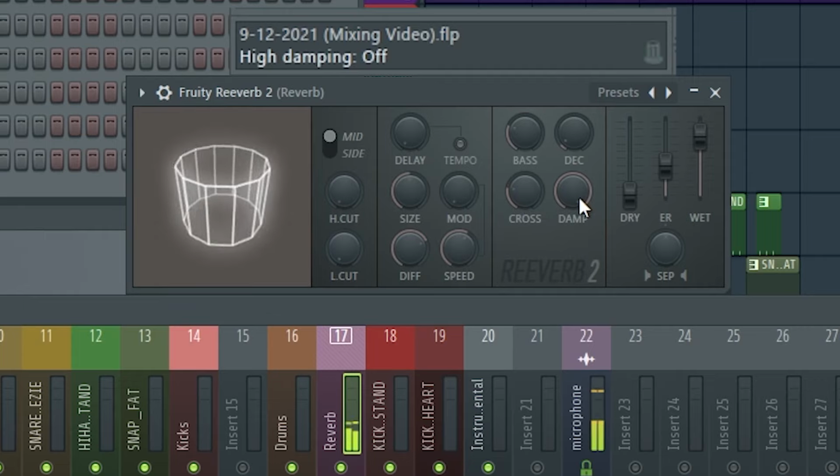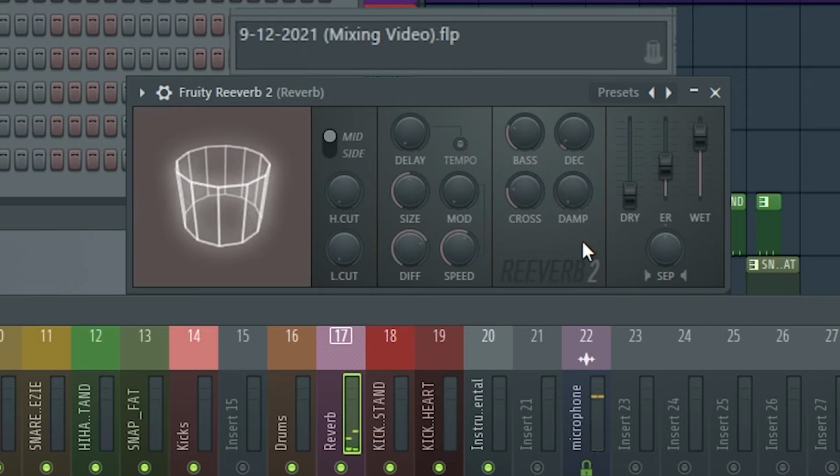And the damp knob is going to be for the higher decays. Where the bass was lower, the damp is a higher one, let's say. How fast it'll take to cut that out. So no damp is bypassing, so we hear all that high. And you can see when we cut off the highs right there.